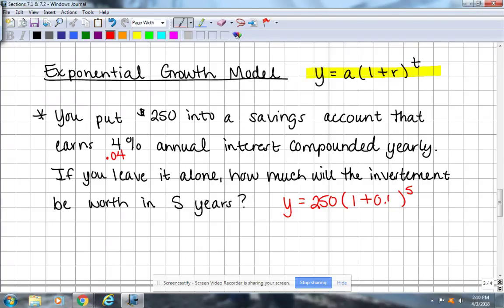Isabel did not copy this correctly. What's 1 plus 0.04? Not difficult. 1.04 to the 5 power. Now, the most common mistake here is not doing your order of operations. What do we do first? Do we multiply or exponent first? Exponent before you multiply. So first you can type in 1.04 to the 5th power